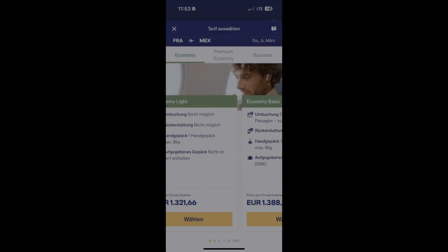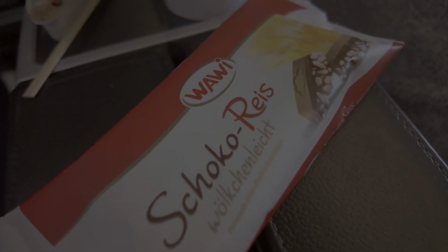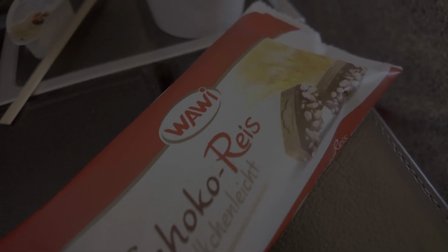Talking about prices, you can see how much today's flight was. In economy light it was around 1,300, and in premium economy it was cheaper today. It was only 1,250, so it was a no-brainer to take premium economy. This is only the outbound leg to Mexico City. There was another 700 back from Mexico City to Frankfurt the next day, so in the end the ticket price was around 2,000 euros. There was a light snack service halfway through the flight, and you get a chocolate bar